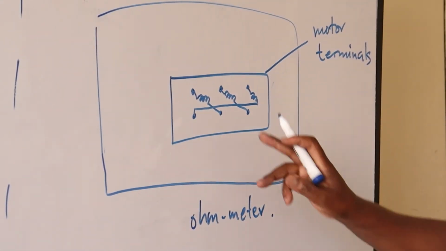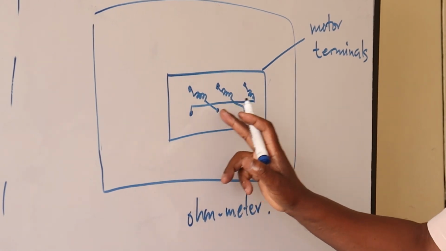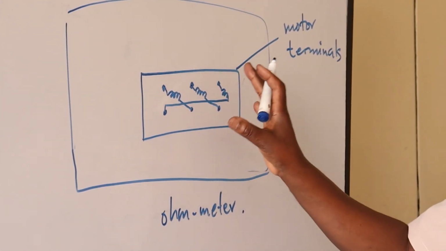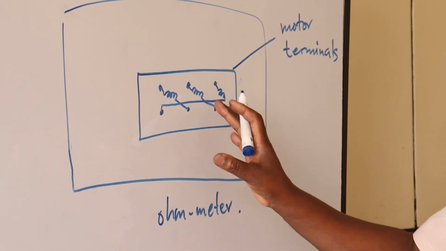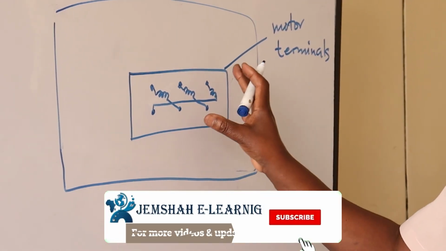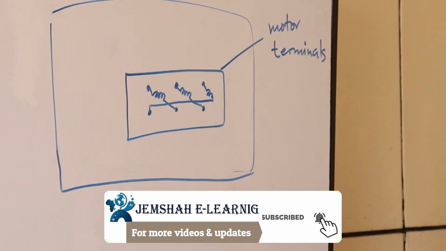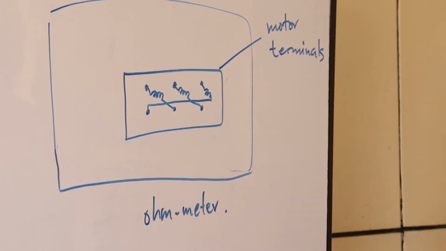And simply place one probe here and the other one on the other terminals. Then you can draw this pattern so that you know how the windings are connected. Now, from this, you can see that if I want to connect the stator windings in star connection,